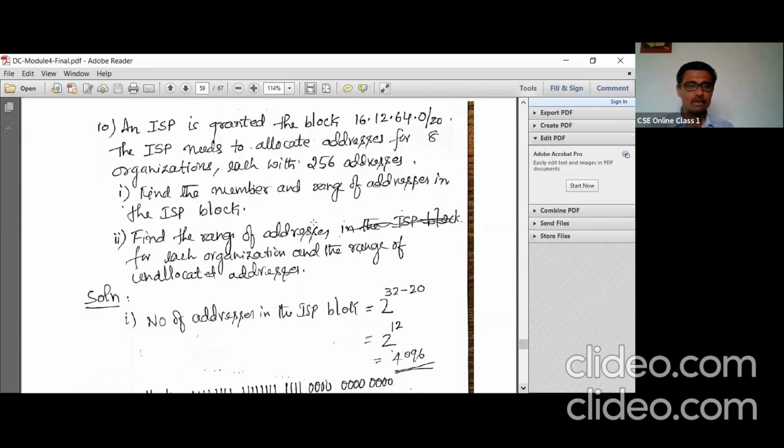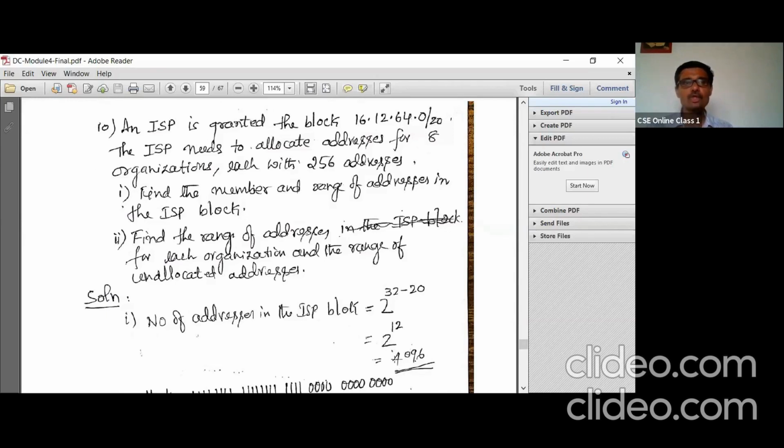Let us solve the first part. We need to find the number of addresses in the ISP block. That we know, that is capital N, 2 to the power of 32 minus small n. What is this small n? That is the prefix length. So we got 4096.